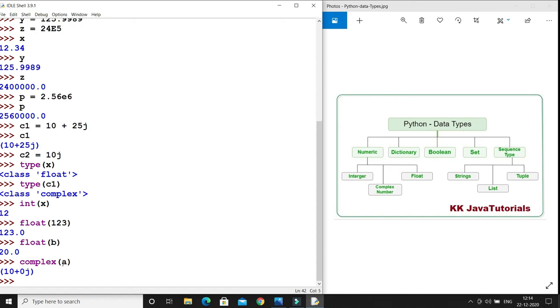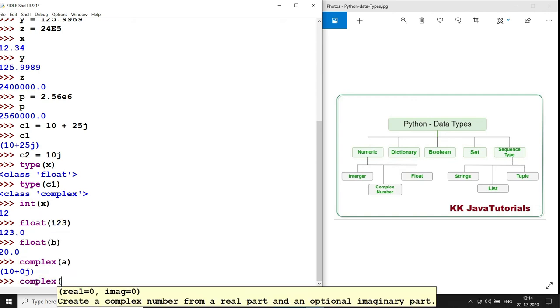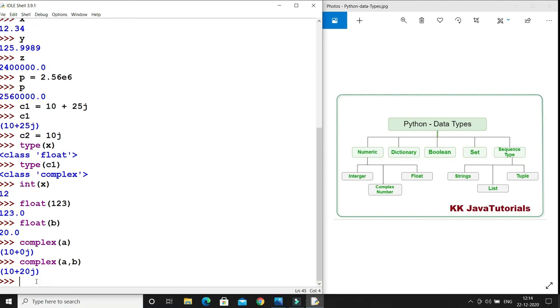Since we are passing just the real part, the imaginary part is 0 along with j. Complex can also take two parameters, the real part and the imaginary part. If I pass a comma b, it is converted to 10 plus 20j because a is 10 and b is 20.